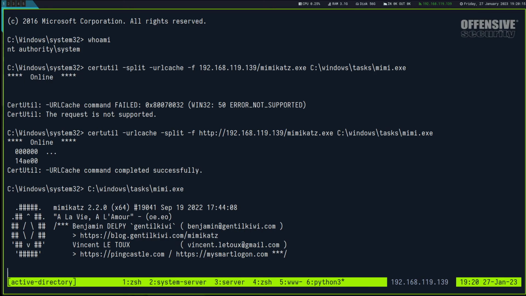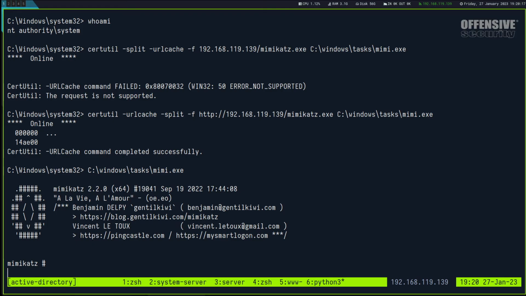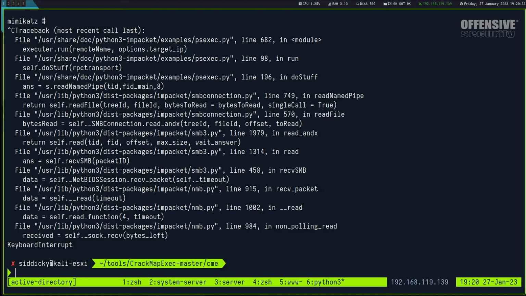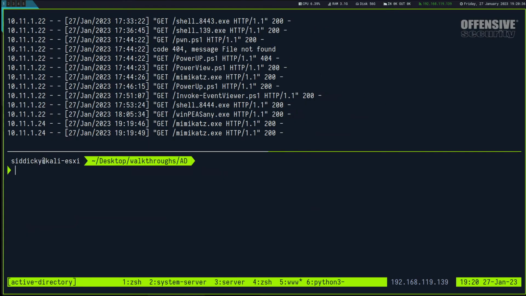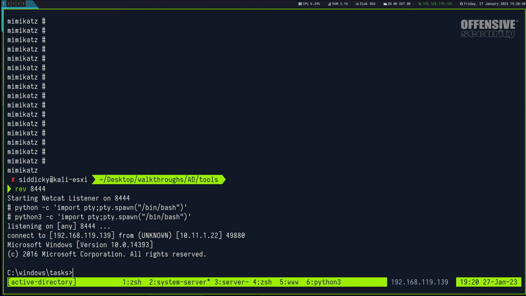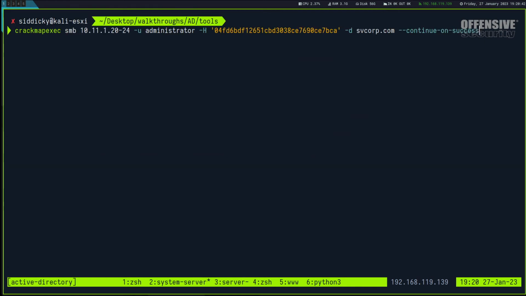So basically, that's how you would go about chaining stuff. So Mimikatz is open here. Generally, you don't want to do this in the psexec shell. So you would want to get a proper shell first and then use that one. So what I'm going to do is get a proper shell on this one. It's going to kill this and